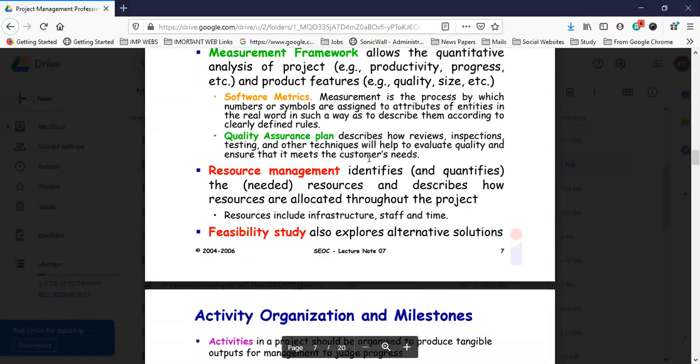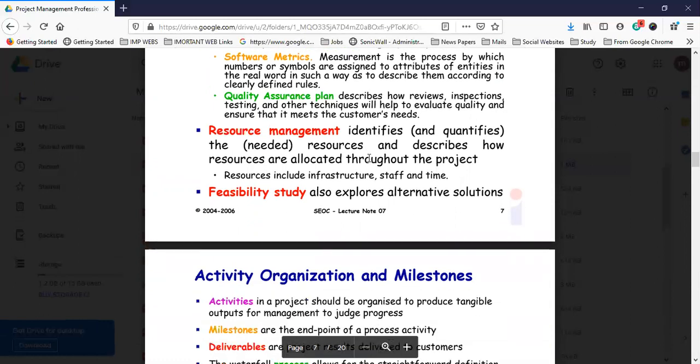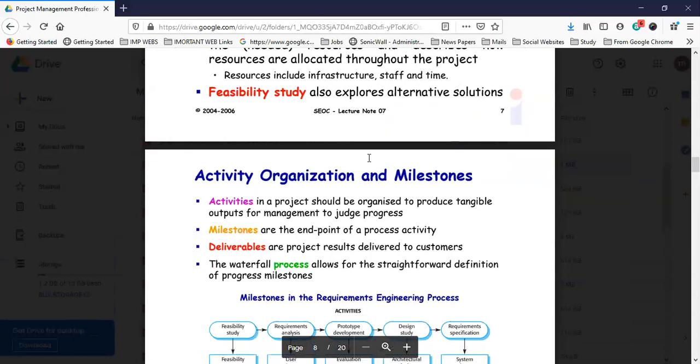Resource management identifies the quantities of resources needed and describes how they are allocated throughout the project, how they are communicated, and what the risks are. You can also do a feasibility study, which explores alternative solutions.